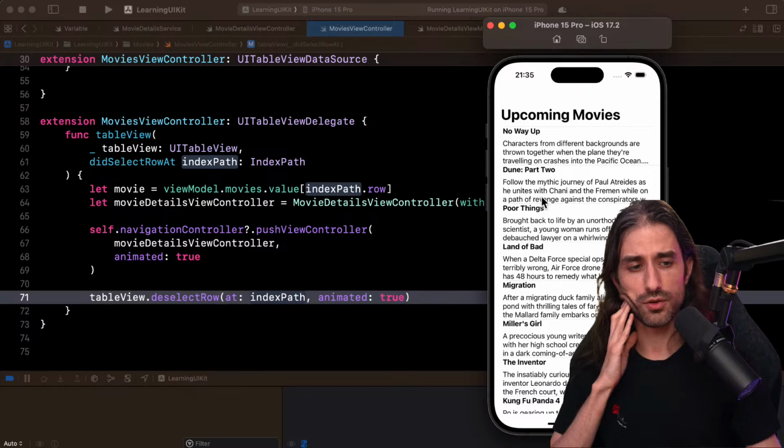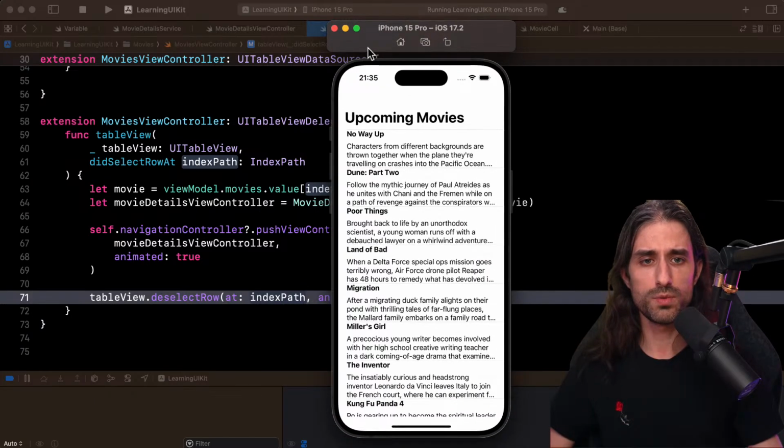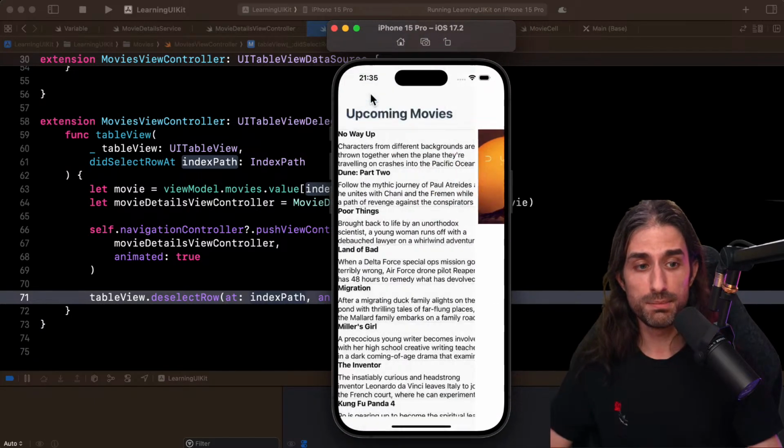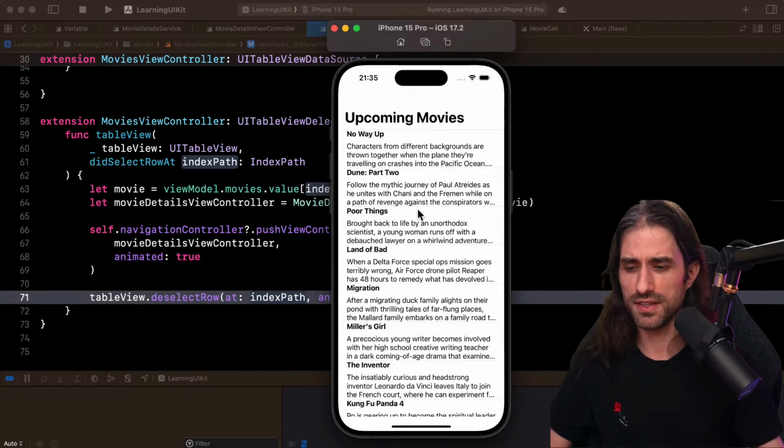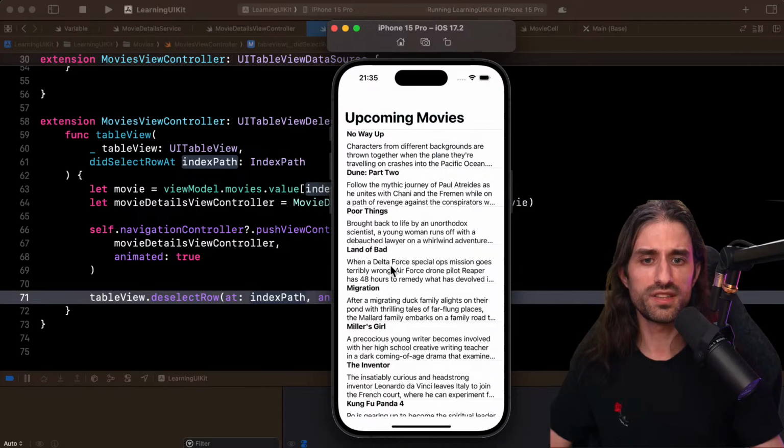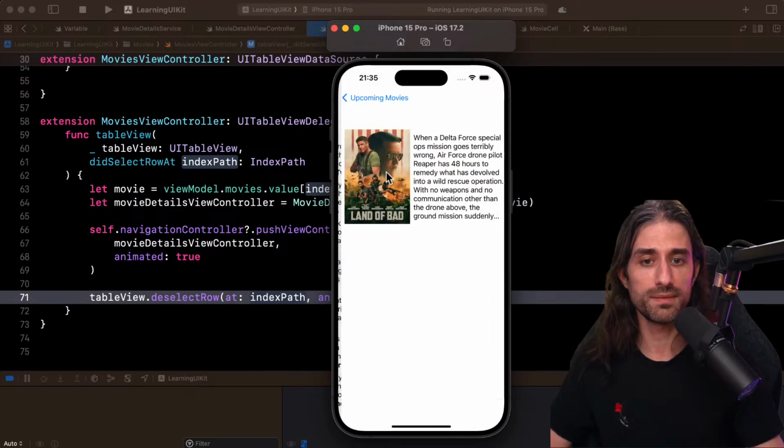So depending on your UI and your UX, you might want to implement it that way. You might want to keep the last selection selected. There are apps, I think the mail app might behave like that, because user might want to go again to see the last thing that they've looked at, and they want to know which was the last thing they've looked at. You could also do the deselection when you come back to the screen.